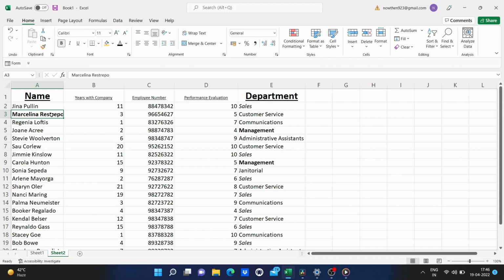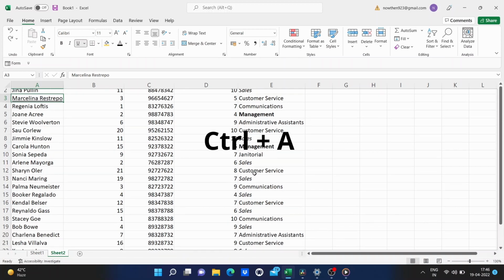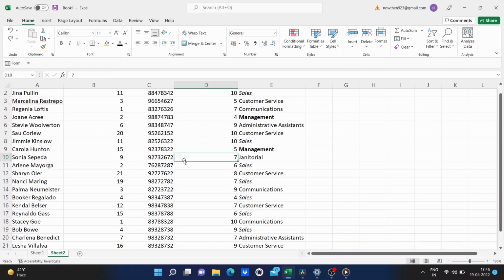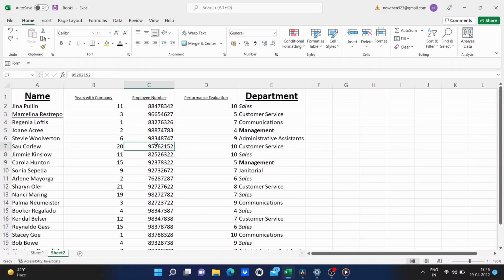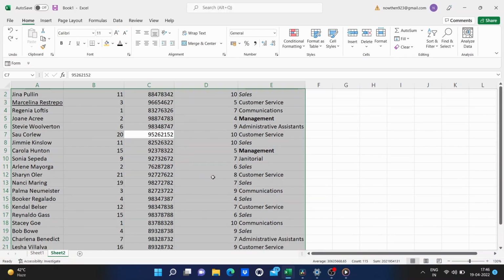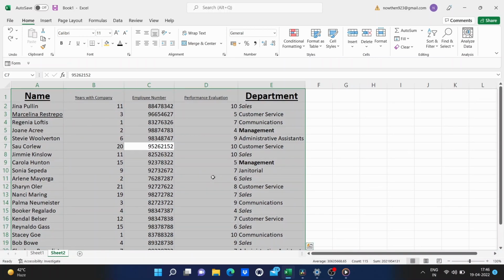So, let's look now at some keyboard shortcuts that help you to select the data that you want to select and also affect. The first one, you probably already know. It's Control A. If you hold Control and tap A, it selects all of the data in the range that you have.